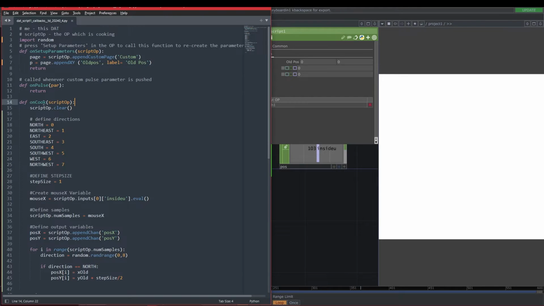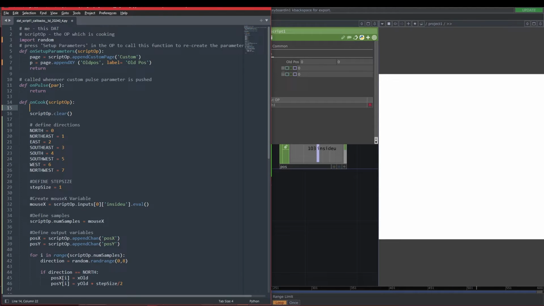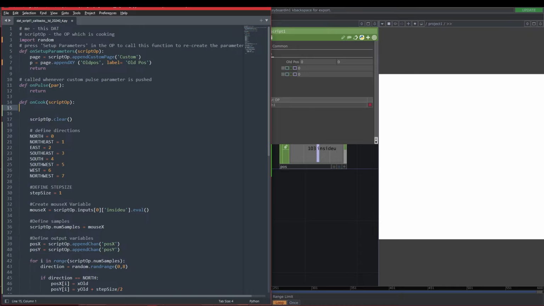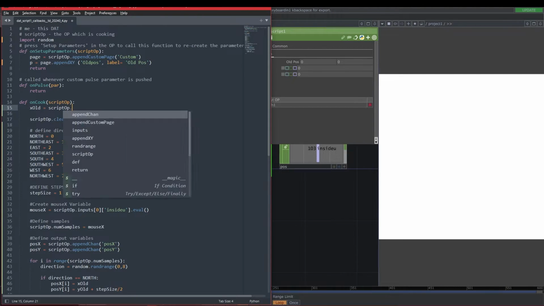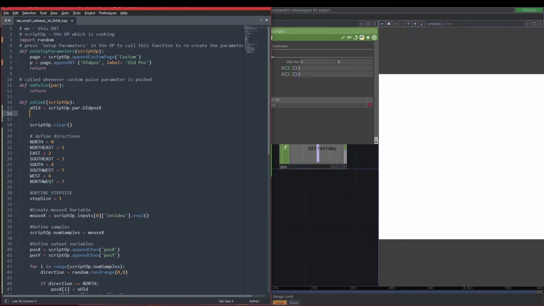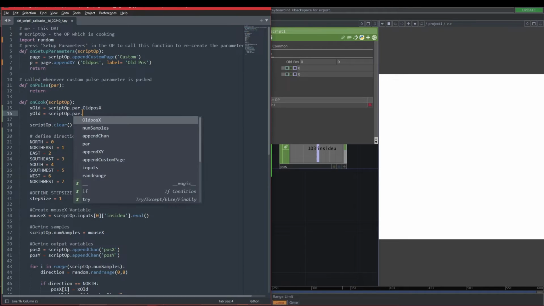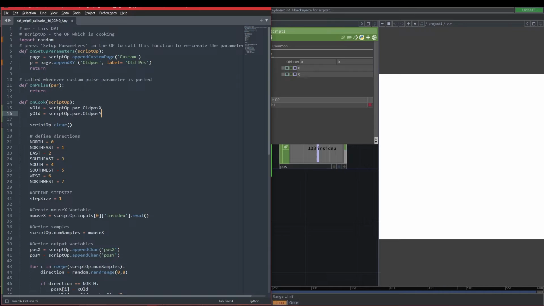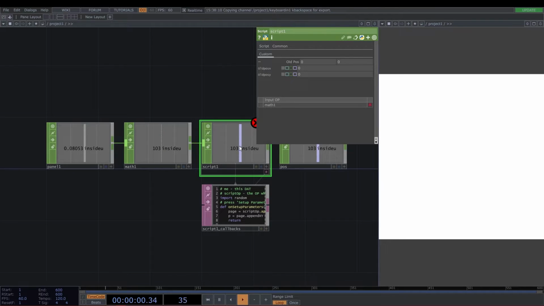Okay, so on the script up, before clearing, we need to access that old position, and x old will be equal to script up dot par dot old pose x, and y old will be script up dot par dot old pose y. Okay, so if I save now our script,